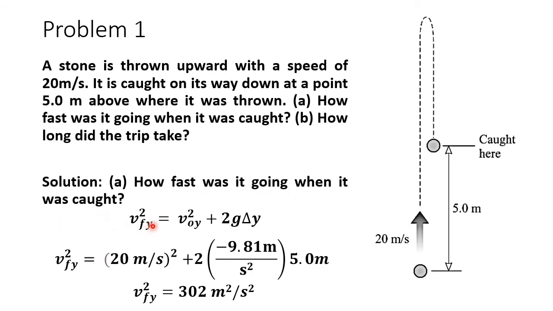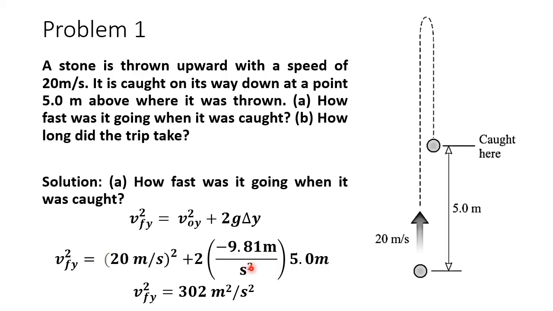But for the solution of this problem, how fast was it going when it was caught? Now we have the formula: the square of the final velocity along the y-axis is equal to the square of the initial velocity, which is 20 meters per second, plus twice the gravity, which is negative 9.81 meters per second squared. Why is it negative 9.81? Because it is going back. All right, so the gravity is going in the negative direction, so we will be using negative